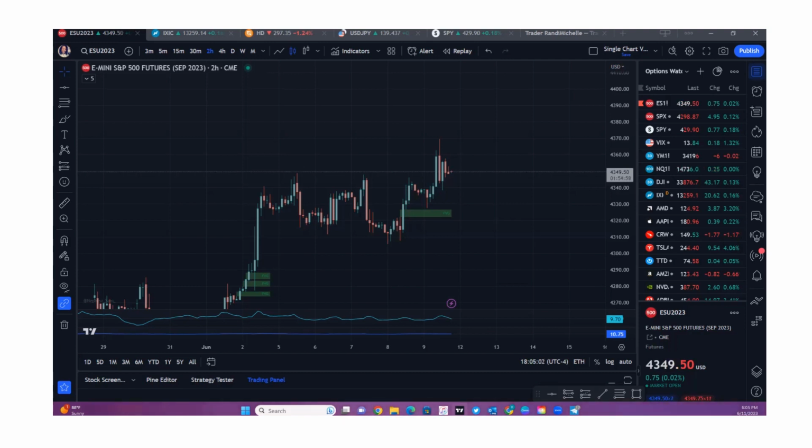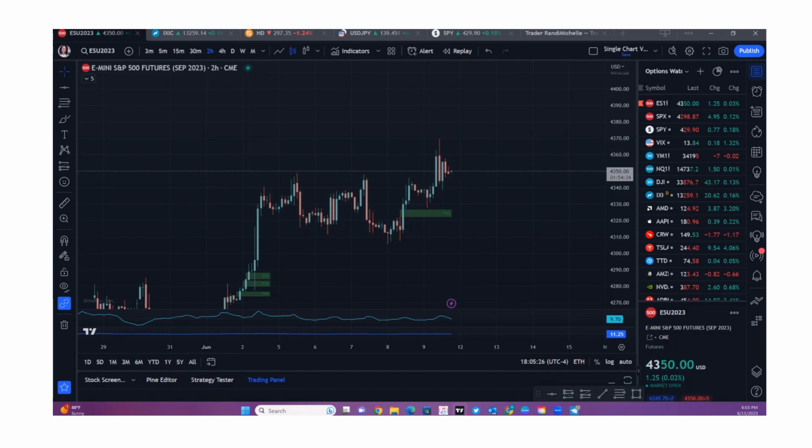So we're at all-time highs. Then I always have to go back and reference the continuous contract to see where a draw on liquidity is up above. I don't have a really great answer to that, but I just find it's an interesting balancing act, dancing between the different charts and trying to figure out